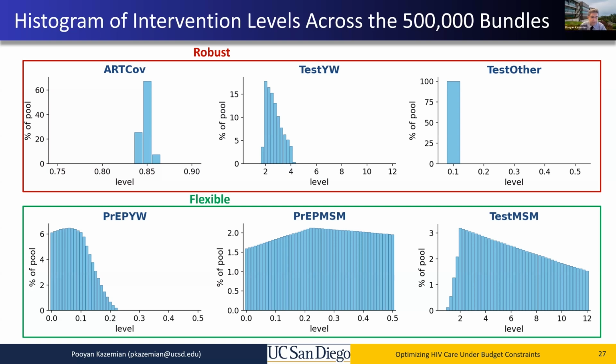Yeah, so the ART coverage currently in South Africa is about 82%. And then using the CEPAC simulation model, we simulated scenarios for ART coverage from 75% to 90%, so both lower and higher than the status quo level. That essentially gives us the ground truth, and the meta models that I discussed earlier are fit on the outcomes of the simulation model. It models the decision space using those piecewise linear functions that I described. But the ground truth essentially comes from the microsimulation model, the CEPAC model. Got it. Thank you.